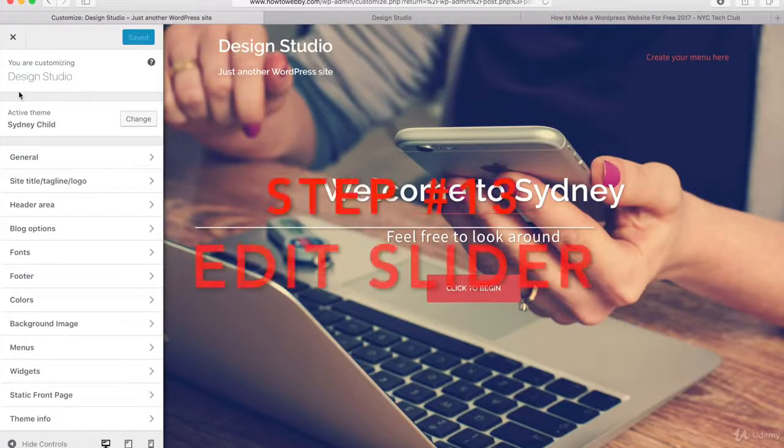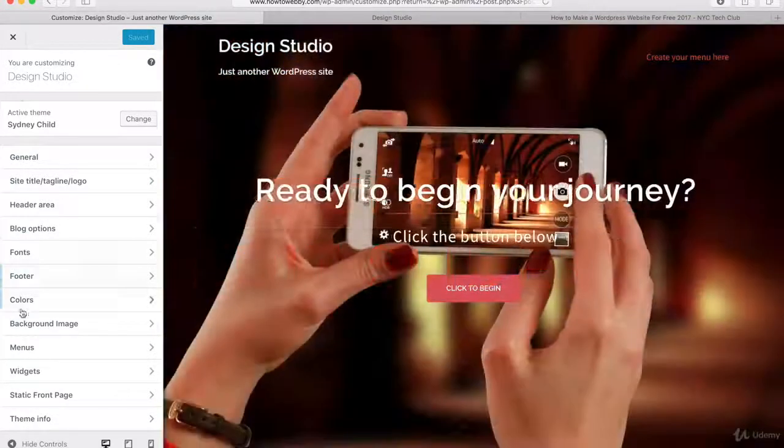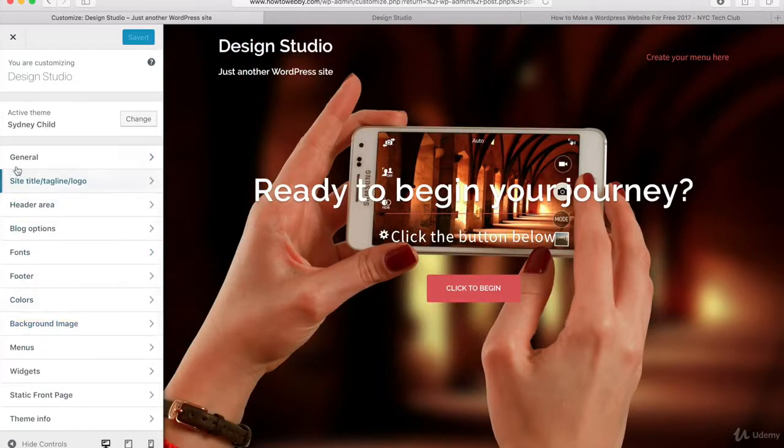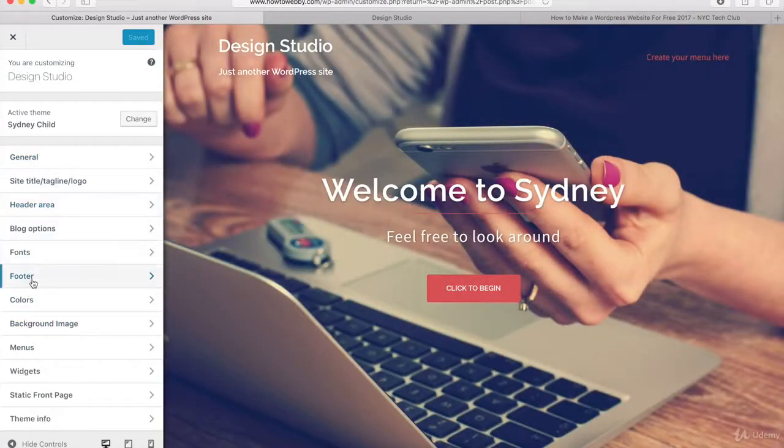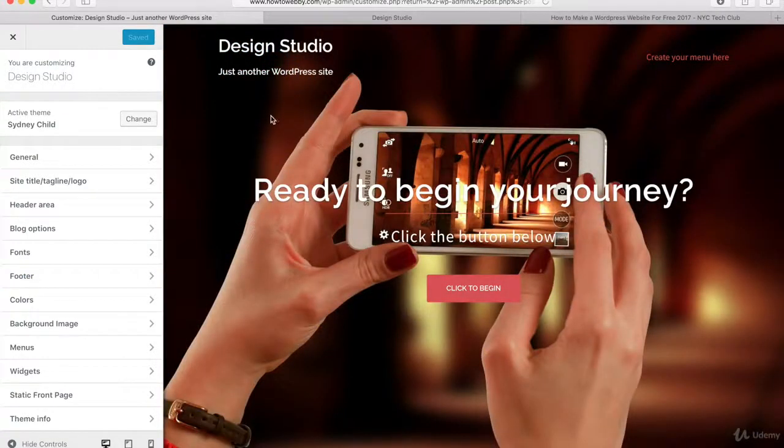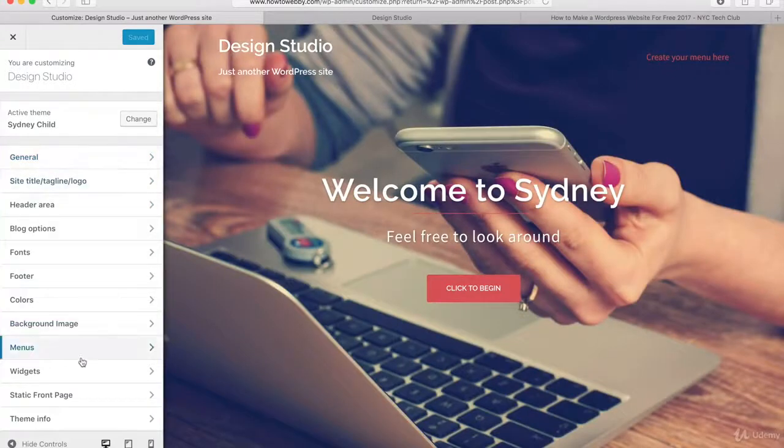And once you're on the customize page, you'll see a bunch of different tabs here. And we're going to go through these a little bit later to select our settings for our WordPress website. And on the right-hand side here, you can see a preview of your website. And whenever you make changes to the settings over here, your website's going to refresh here so that you can